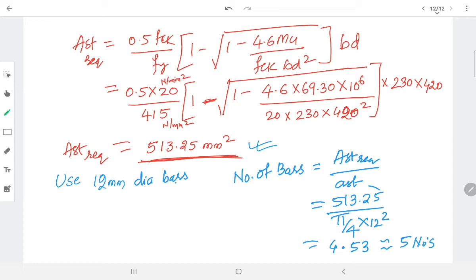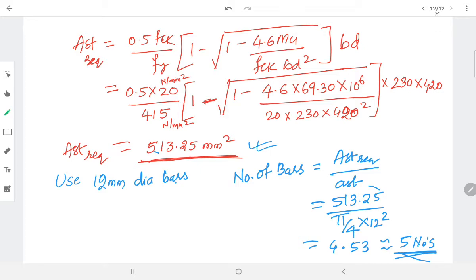One thing you keep in mind: whenever you take the number of bars, you go for higher round off. Whenever you calculate the spacing of bars, you go for lesser round off. Then more number of bars means more efficiency. Whereas when it comes to spacing, when the spacing gets reduced, obviously the number of bars will be more. We will not get into how exactly the spacing plays a role now. Here, based on the requirement, people have calculated the reinforcement required.